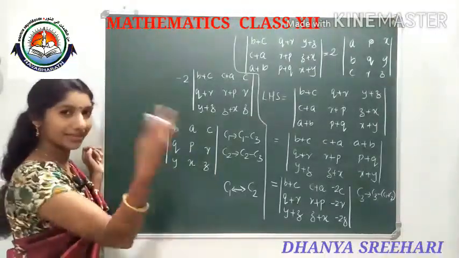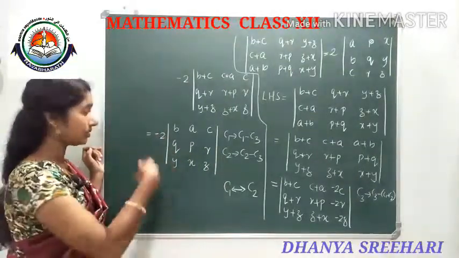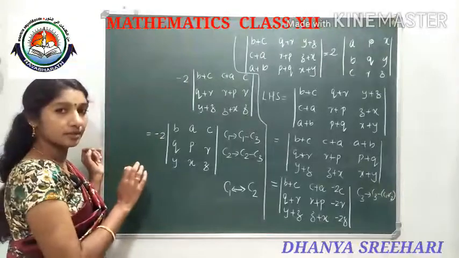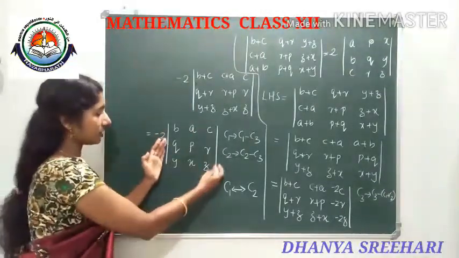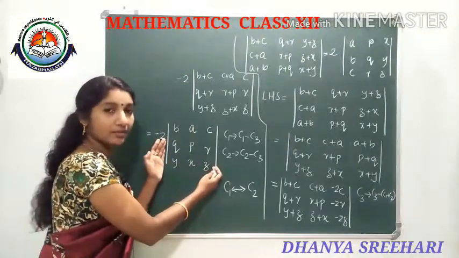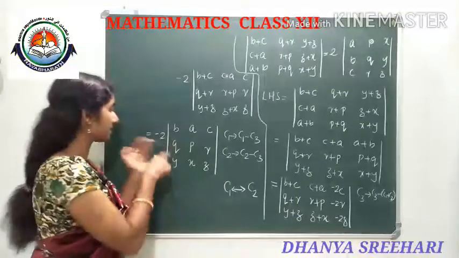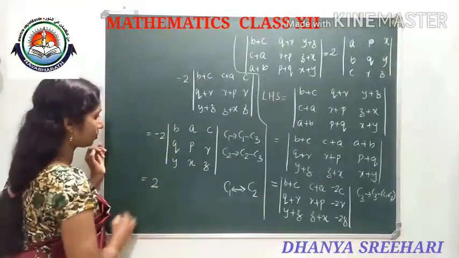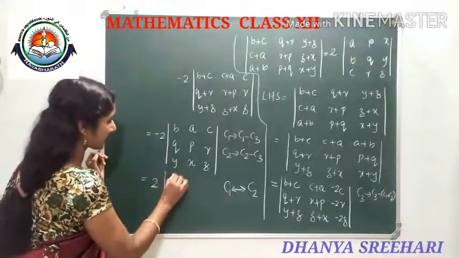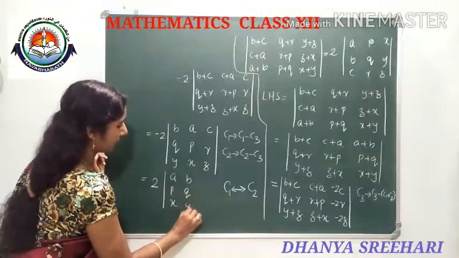So that minus and this minus will become positive, or you can think now it's negative, while interchanging the columns we will get one sign changing, that means its sign will be positive. Anyway you can think. So it will come 2 times of APX first, then second column is BQY, then